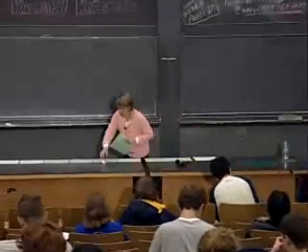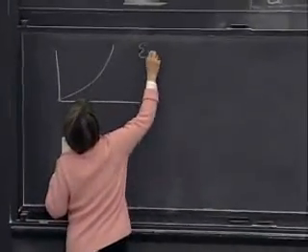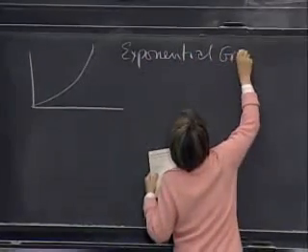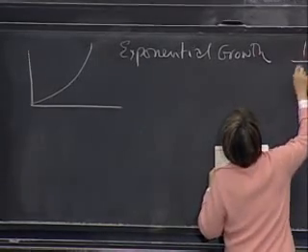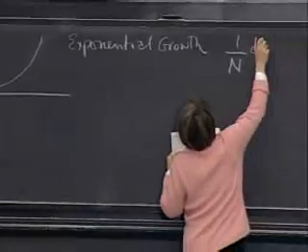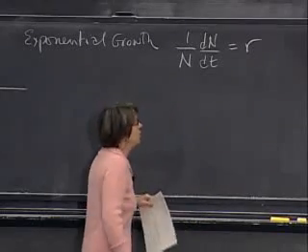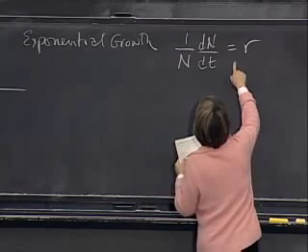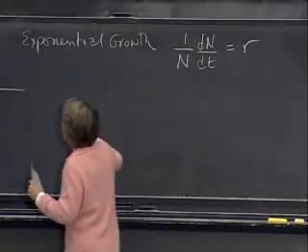So let's start with where we were. We were talking about exponential growth in populations. And we said we could describe this as 1 over n dn dt equals some growth rate r, which in this case we're talking about,